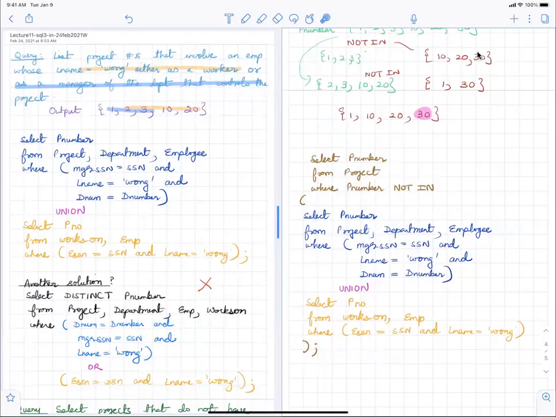So again, one of the things I mentioned is that with SQL, some of the queries will get a bit complicated because you really are doing quite a bit in a few lines. So the best way of learning it is to actually try it out. All of these queries that I'm doing out here, you can try out on your own.